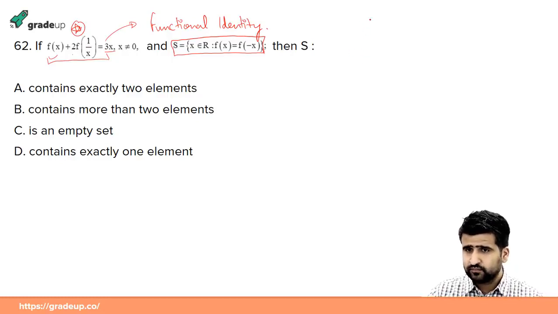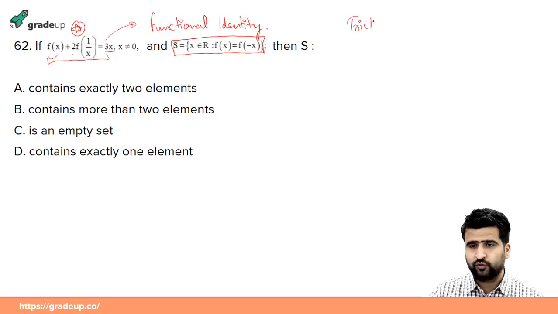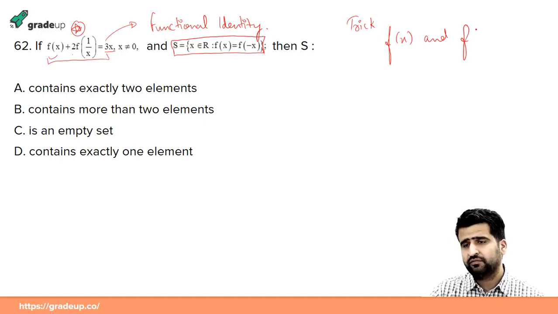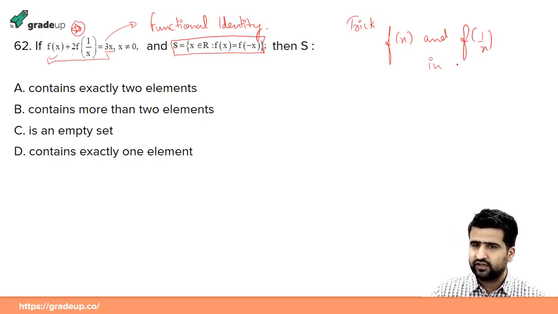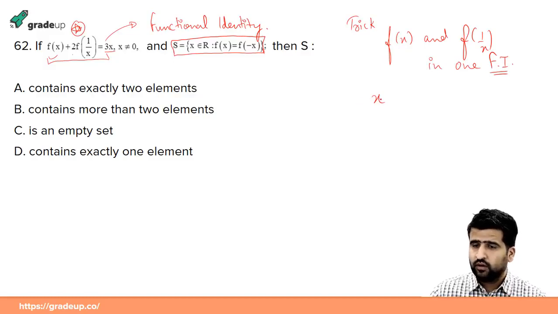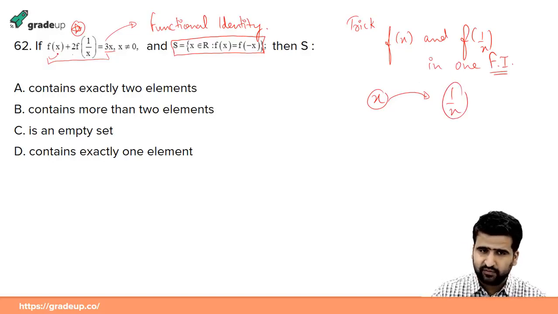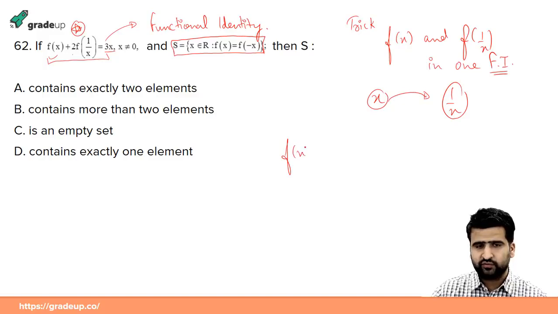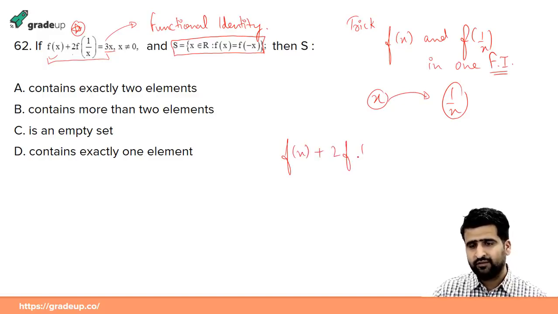This is a very important trick which you need to know: whenever you have f(x) and f(1/x) in one functional identity, once you put x over here, the next time you have to replace x with 1/x. Now if you replace x with 1/x in the first equation, which was f(x) + 2 f(1/x) = 3x,